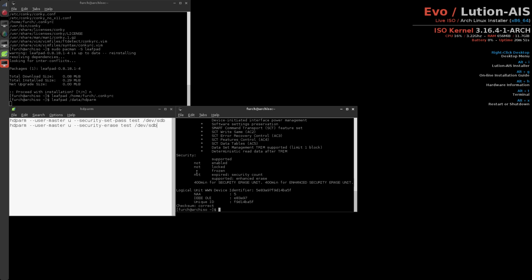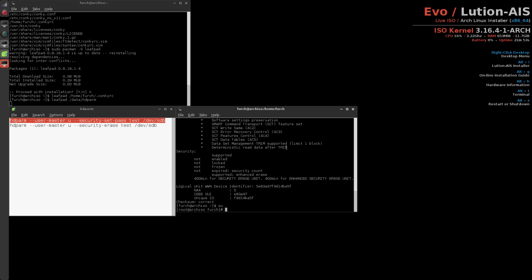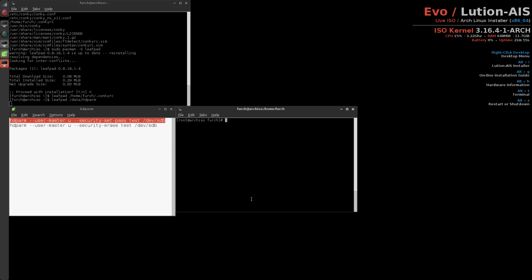So I have to physically unplug the cables so this comes back as not frozen. Right now it's in a frozen state. Alright, so unplugging and plugging back in, it's now not frozen, so I can proceed to doing this. And I'm not sure if there's a super user. Okay, so I can just go to super user and just copy and paste these lines in, because I like